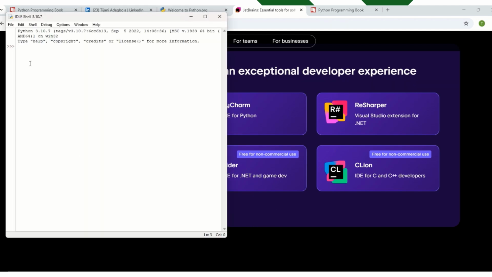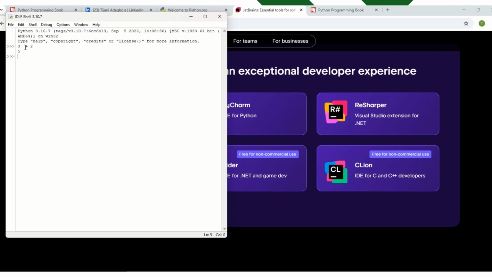This is the IDLE. You can see it right here. IDLE Shell 3.10.7. The advantage of this is that you can test your code line by line. Let's say you say 3 plus 2. What do you get? That's 5.